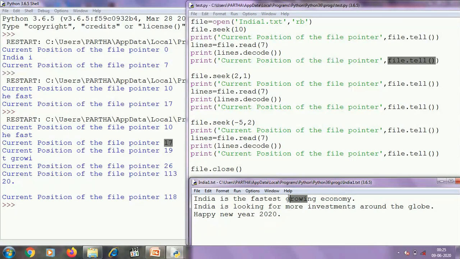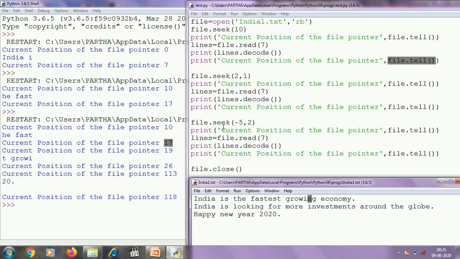So it will display T space GROWI, and after that the file pointer will point to this position. So after reading 7 bytes we are displaying the current position of the file pointer, which will be 19 plus 7, that is 26. That's why it is displaying 26 here.